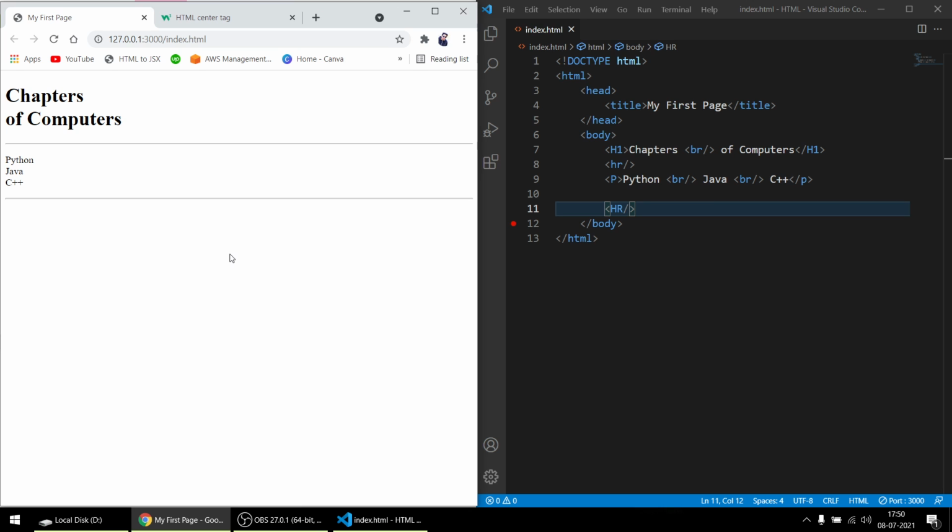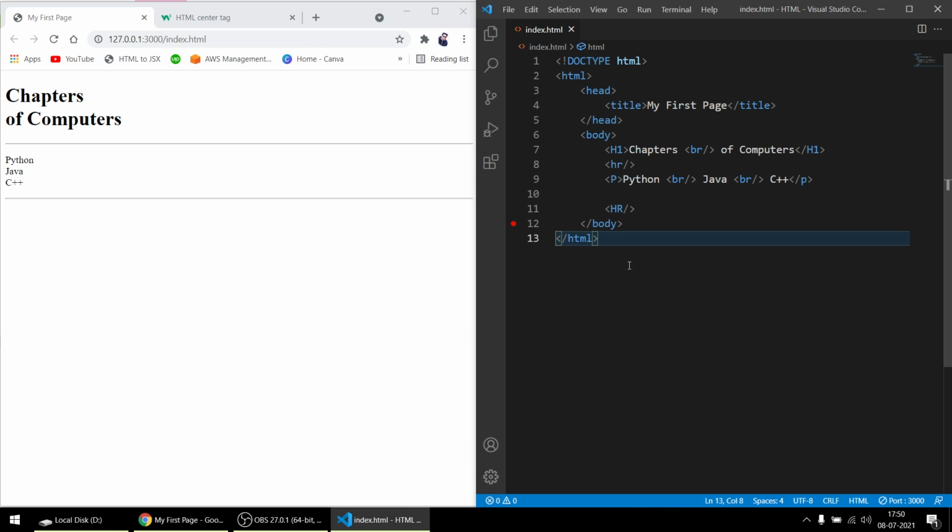You write capital or small, it will always work, but that doesn't mean you should always use capital letters. It should always be small, because if you are a developer and someone is working with you, you always want everything to be organized in a very good manner. Everyone uses small tags only, just like the way we use hello world the first time we learn any programming language, because that's the way things go. So you should always use small tags instead of capital tags. Just always use small tags, never use capital tags. So this is the part for useful tags.